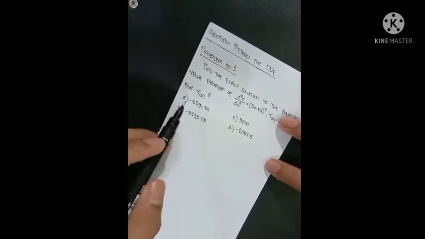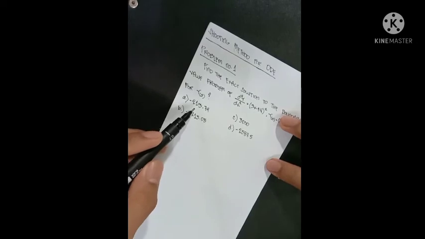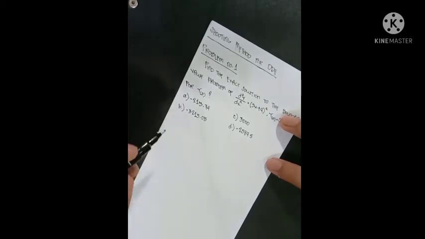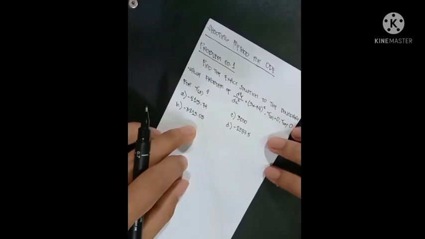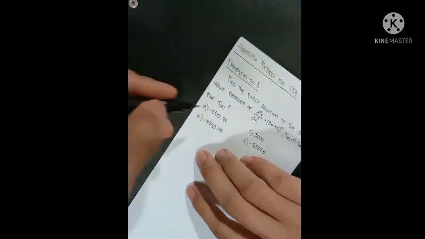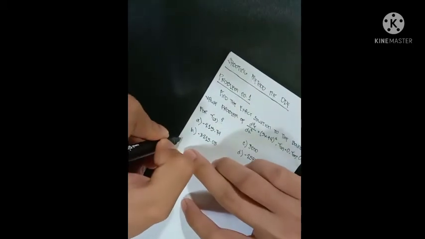For our choices, in A we have negative 213.74, B negative 3215.05, C we have 3000, and D we have negative 2587.5. So for our solution,